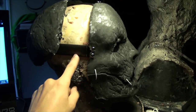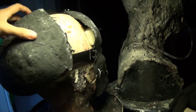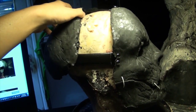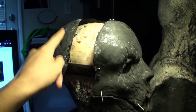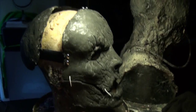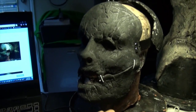So you got the rivets right there, the straps, and here's one of my design ideas. This started with Stigmata, as you all know, and this is the half-breed mask design. It pretty much has a back piece to it. So what's it for? Absolutely nothing. It's only there for aesthetic purposes. And what's cool about this is that I came up with a way so that the back piece doesn't have its own extra two straps with rivets on them. So that minimizes clutter on the mask. It's quite easy compared to the original Stigmata, where you have to take apart the rivets and do all that stuff. But yeah, here is Beast,